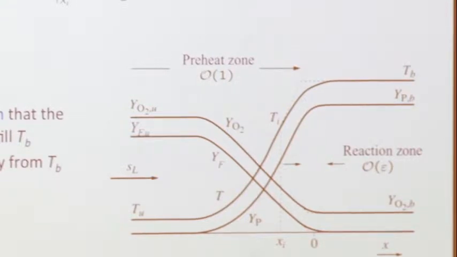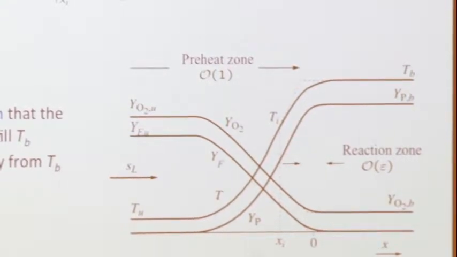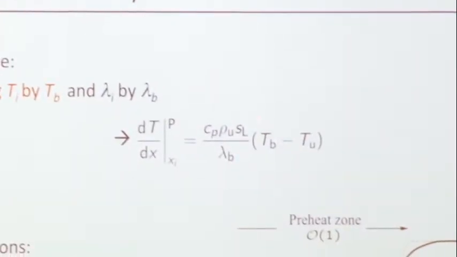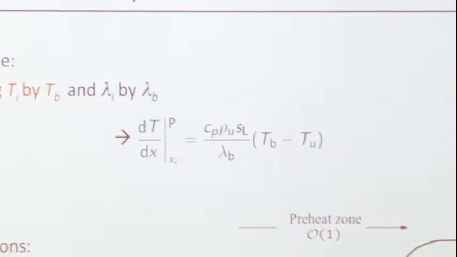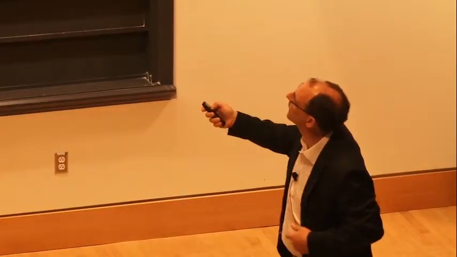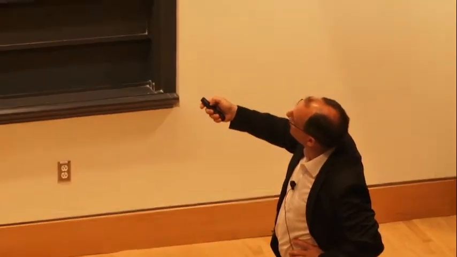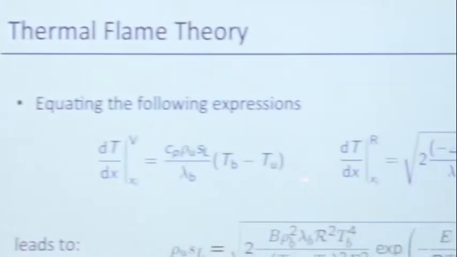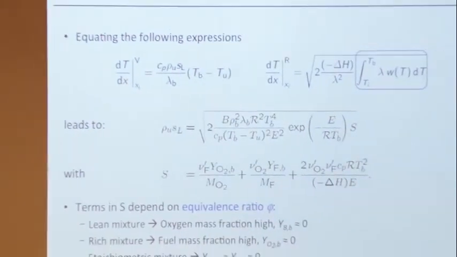So that's why we can say, for the purpose of this difference here, we can replace Ti by Tb, and we make only a very small error. Or in the limit of infinitely large activation energy, no error. Okay? So if we do these two things, then you see here, this is what you had in the preheat